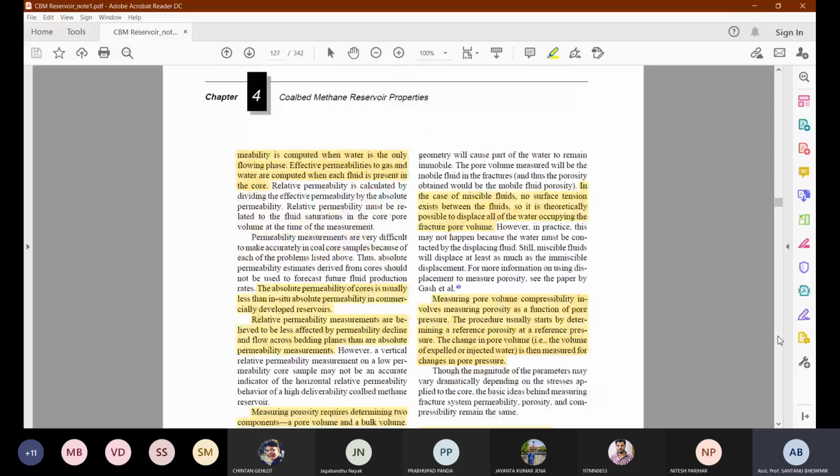Okay, and whenever you are going to consider this permeability, you have to consider the same basis for all your fluid or the gases. Now, if you want to see the permeability, obviously you can see that whenever there is a total water saturation, in the case of the absolute permeability, it is measured based on the total water saturation.